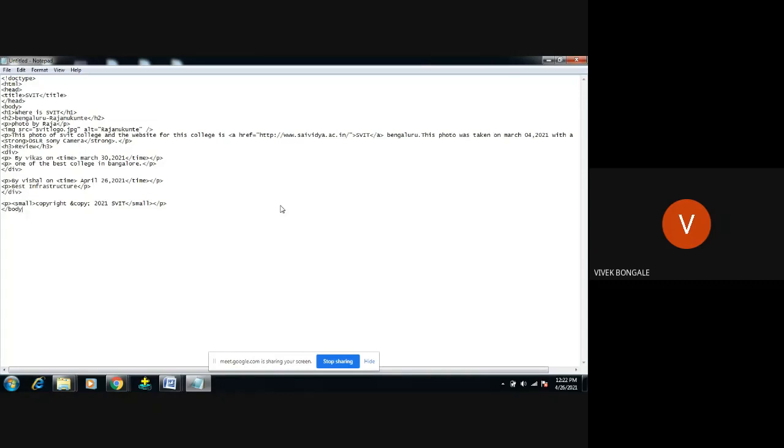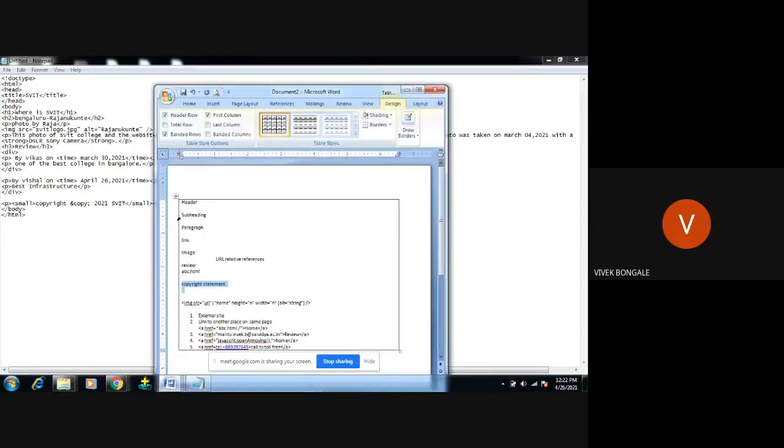Then body, I'm going to close the body. At last, I'm going to close the HTML root element. This is the program we tried to write. Now this is the output we have to get. One header, then a subheading. After the subheading, I should get one image. After that image, I have to get one paragraph, then a review, then some space, then another person's review. At last, I should get the copyright symbol. This is what we tried to write here, right?